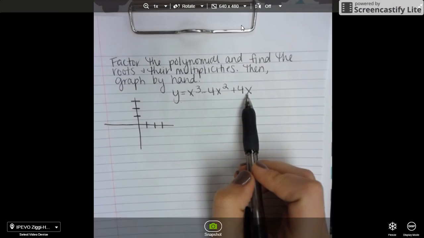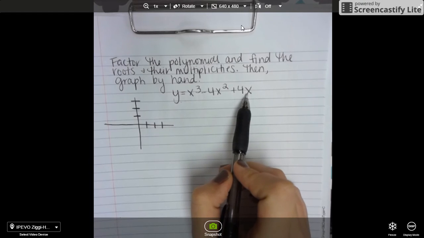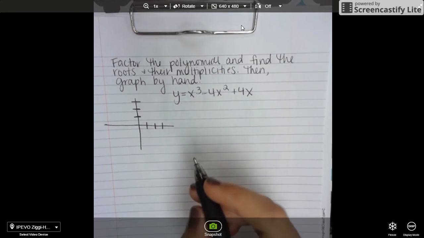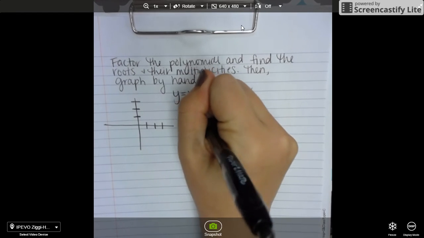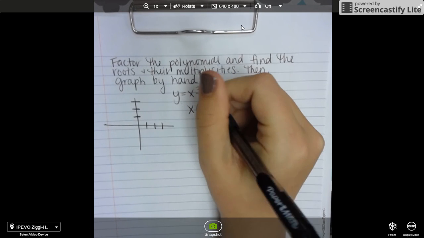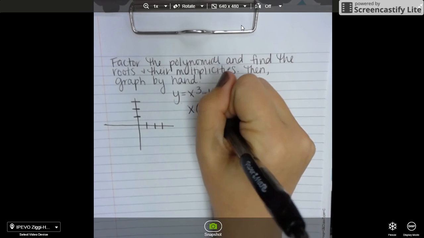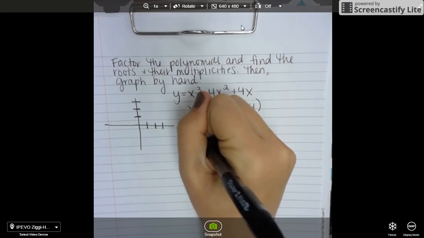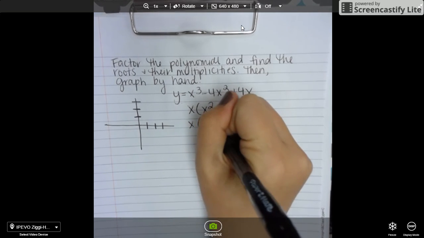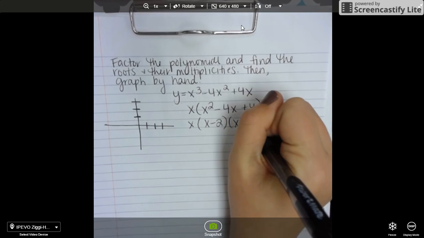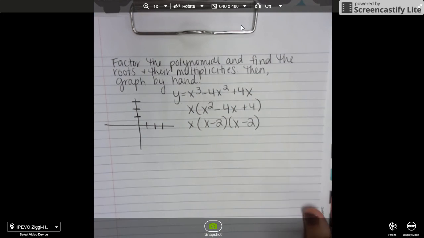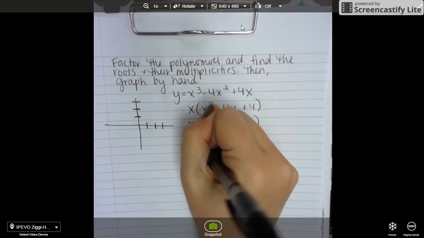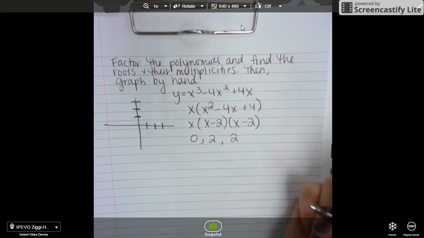We're going to factor this polynomial in order to find the roots, and then we're going to graph by hand. So the first thing we're going to do is factor out a GCF of x, which would give us x times x squared minus 4x plus 4. And now we can factor this inside part to x minus 2 squared,